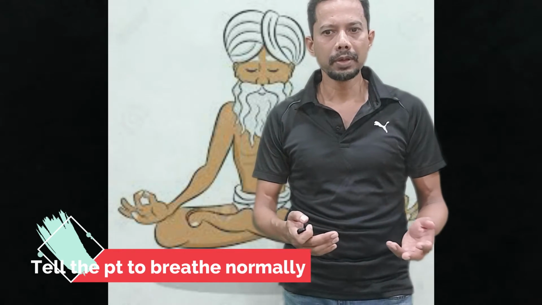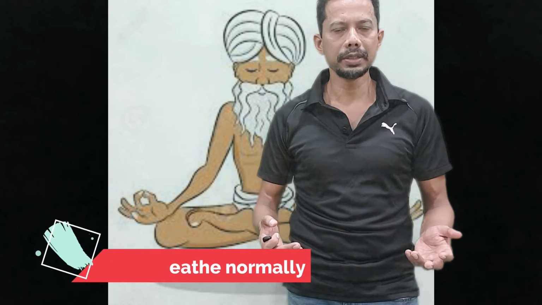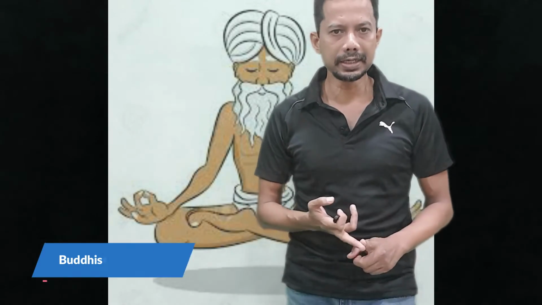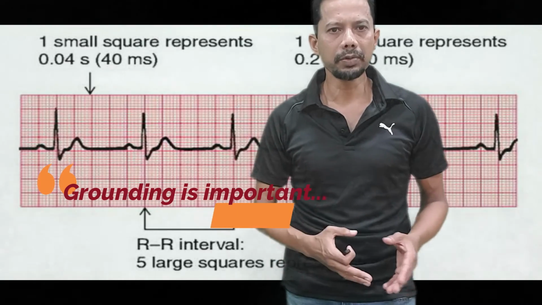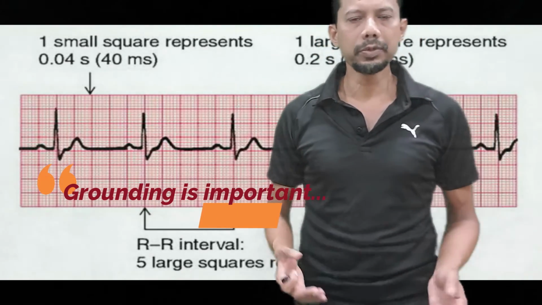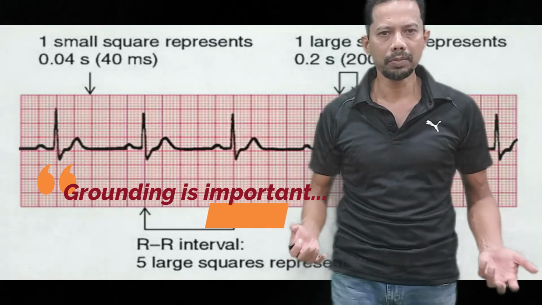Sometimes some doctor or somebody might say, hold your breath while we take the ECG. No, you should not say that, because that will again increase the anxiety of the patient, and breathing itself will alter the ECG recording. It can decrease or slow down the heart rate, and sometimes in anxiety the patient's heart rate can increase because he is holding his breath. So let the patient breathe normally. Don't tell him to take deep breaths or shallow breaths or hold his breath. Just tell him to relax and breathe normally.